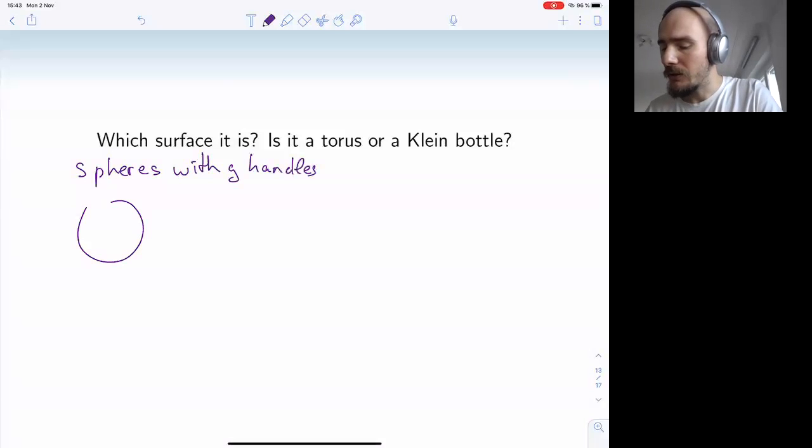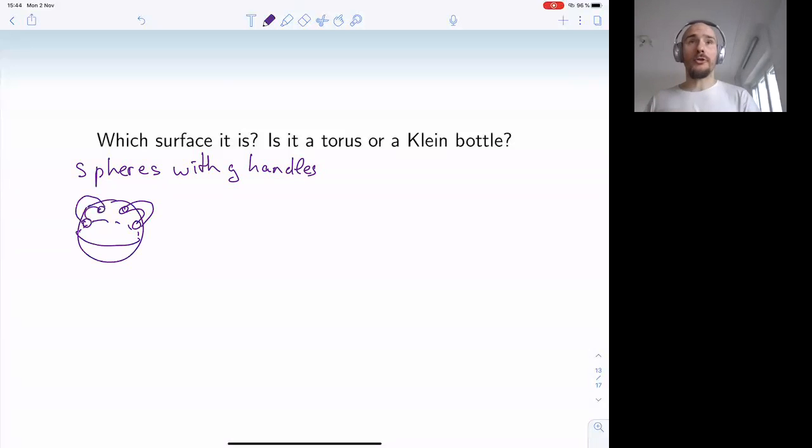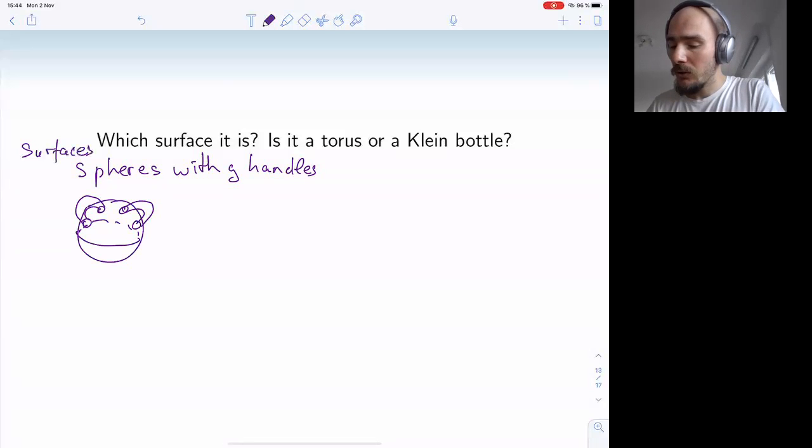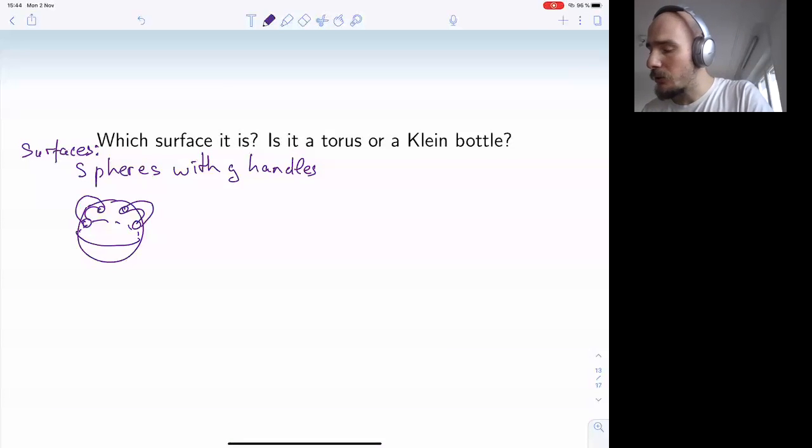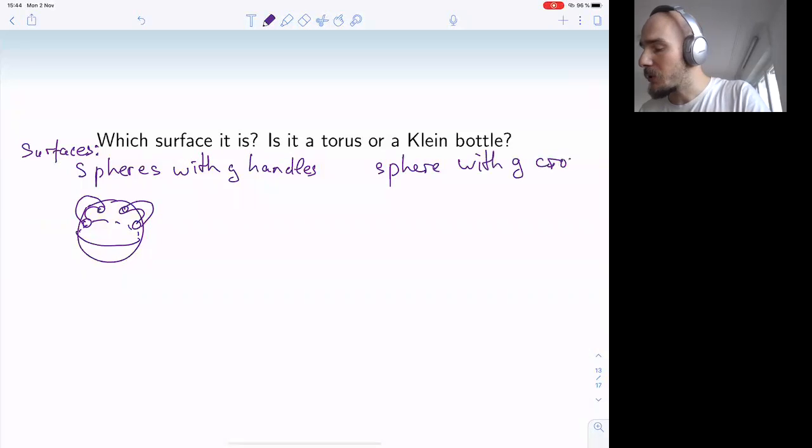So this is one handle, and let me draw another handle. So spheres with g handles, and of course a torus is a sphere with one handle. So it's either a sphere with g handles or a sphere with, so to say, g cross caps,